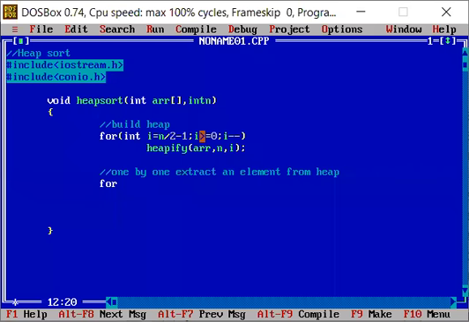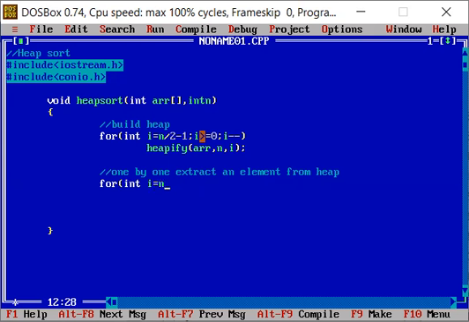We'll write a for loop here again, and we'll take the same variable i. You can use a different variable as well, that doesn't matter. Because we declared it in the earlier for loop, I have to declare it again.